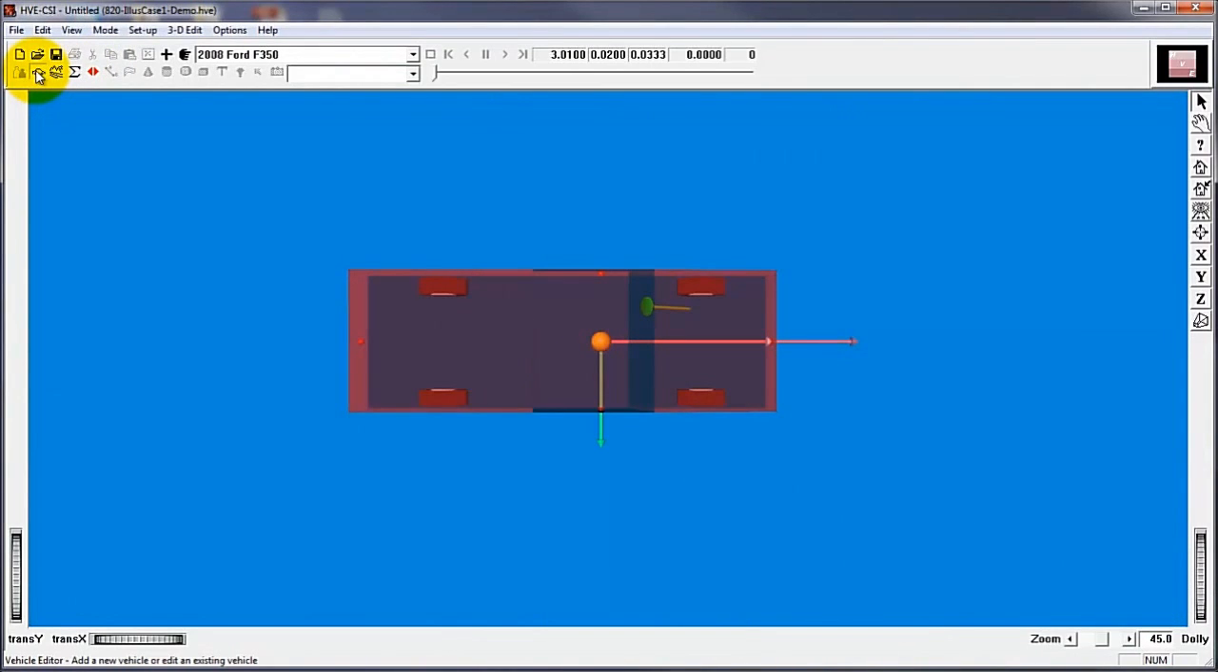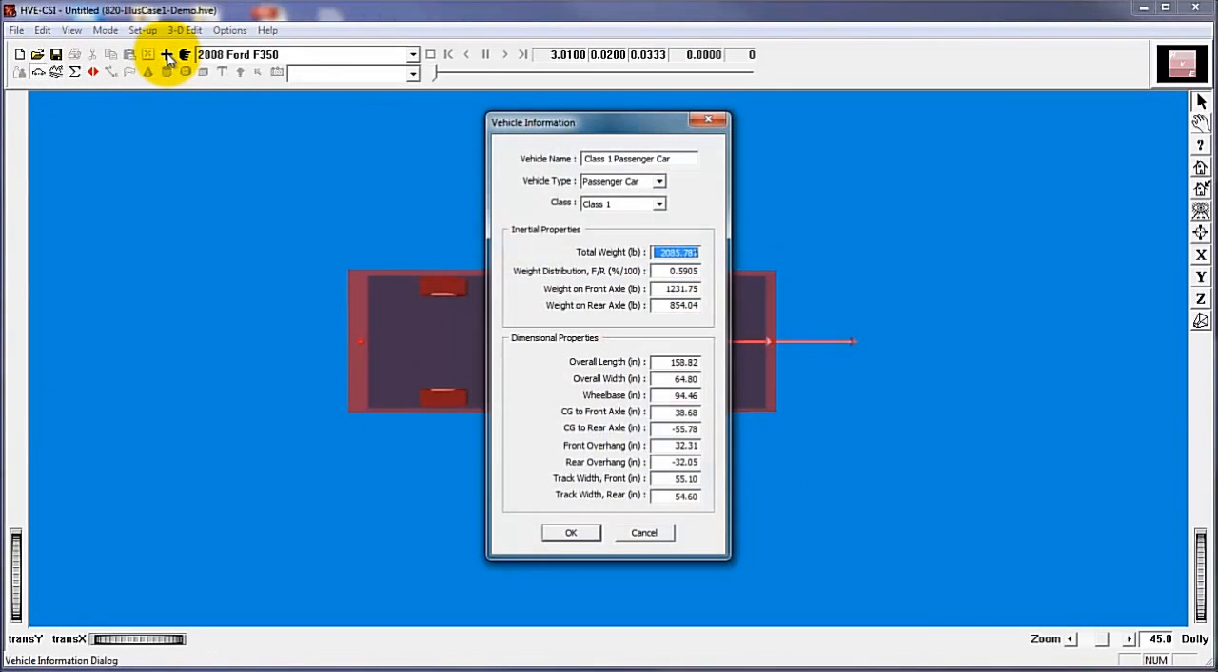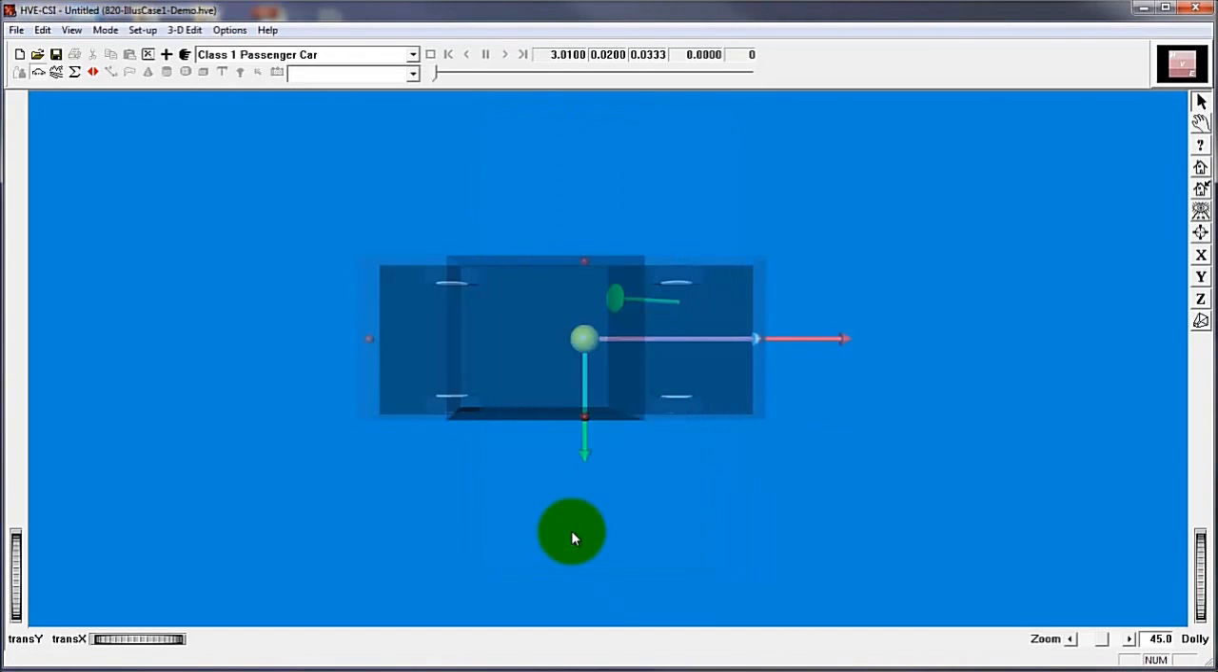Vehicles are created and edited using the vehicle editor. To create a vehicle, we would click on the Add New Object button on the toolbar to display the vehicle wizard. We would choose our vehicle according to vehicle type and class category. We would edit the basic dimensional and inertial properties of the vehicle. We would edit the name of the vehicle, and by pressing OK, the selected vehicle is now displayed in the